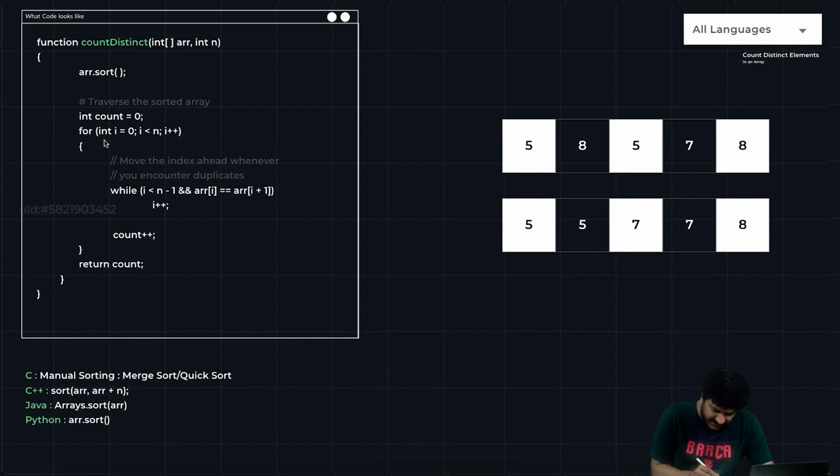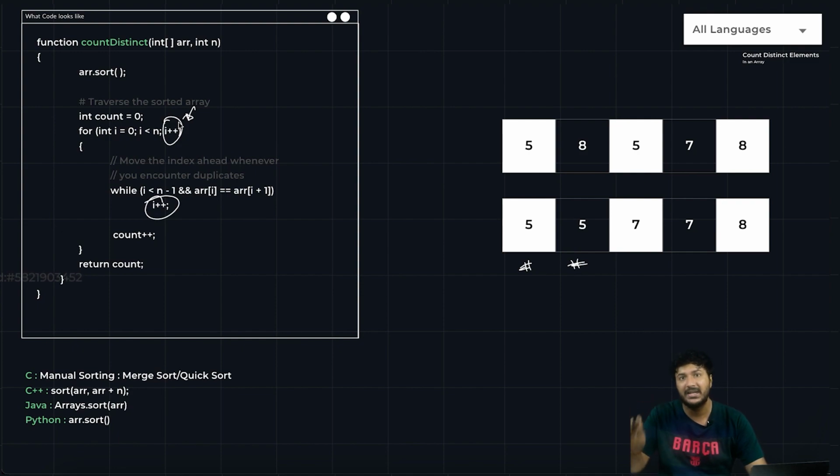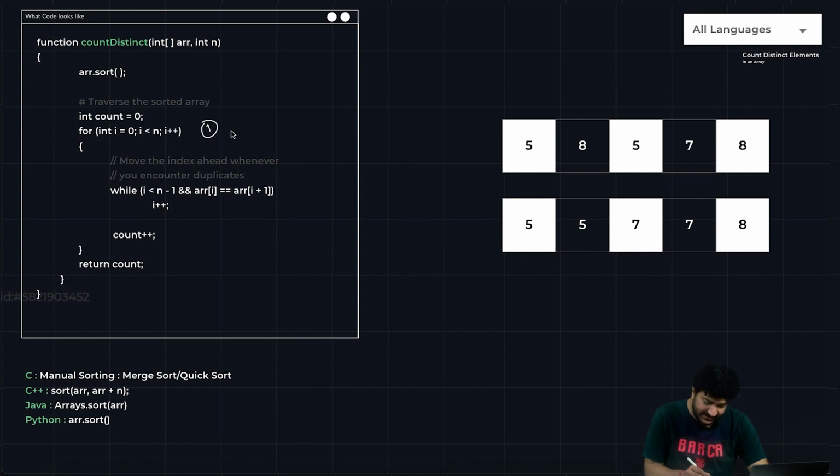Right? So as you can see here, the for loop is working. I'm currently here and then the while loop starts. Now the while loop says: if arr[i] equals arr[i+1], so if this value is equal to this value, then don't do anything, just do i plus plus. Generally this for loop would have incremented the value, but we are using this while loop to increment it. So even without coming back, we are able to increase i. Since this element and this element are the same, it says i plus plus and goes back and implements this while loop again.